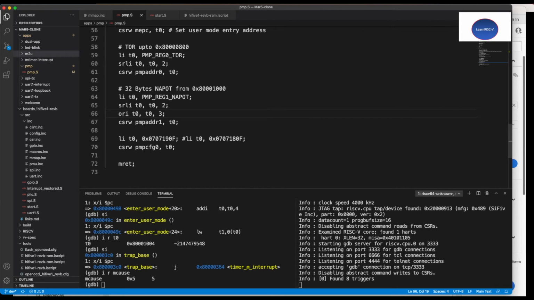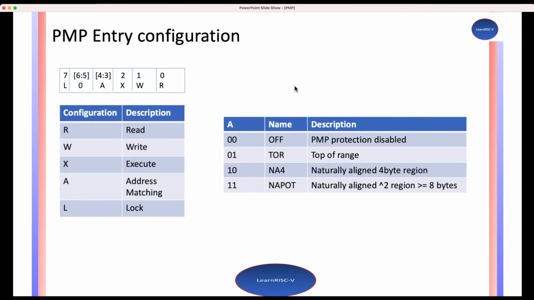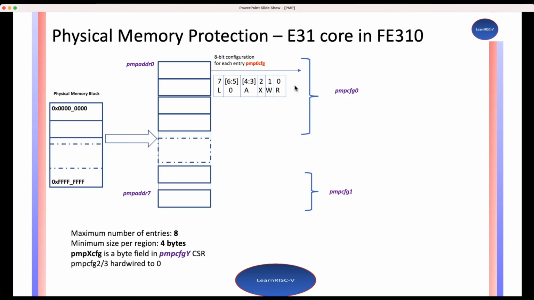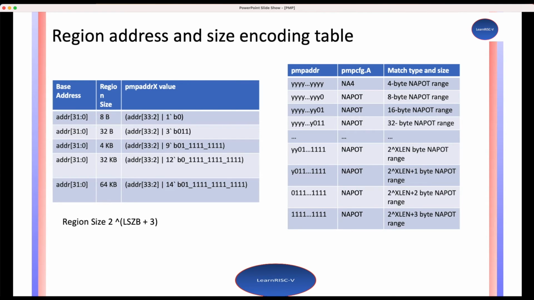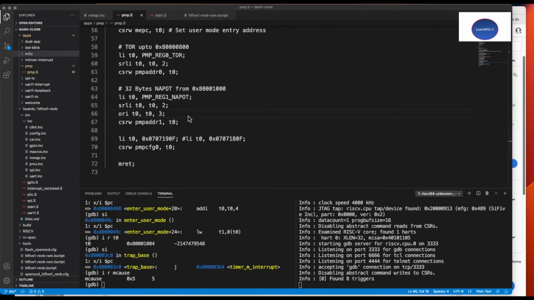And if you remember this table, for 32 bytes, you have to just OR with the number 3. So that's exactly what I do here. So the start address is this, and I set the size as OR with 3, which means 32 bytes. So from this up to 32 bytes has been set with the permission like